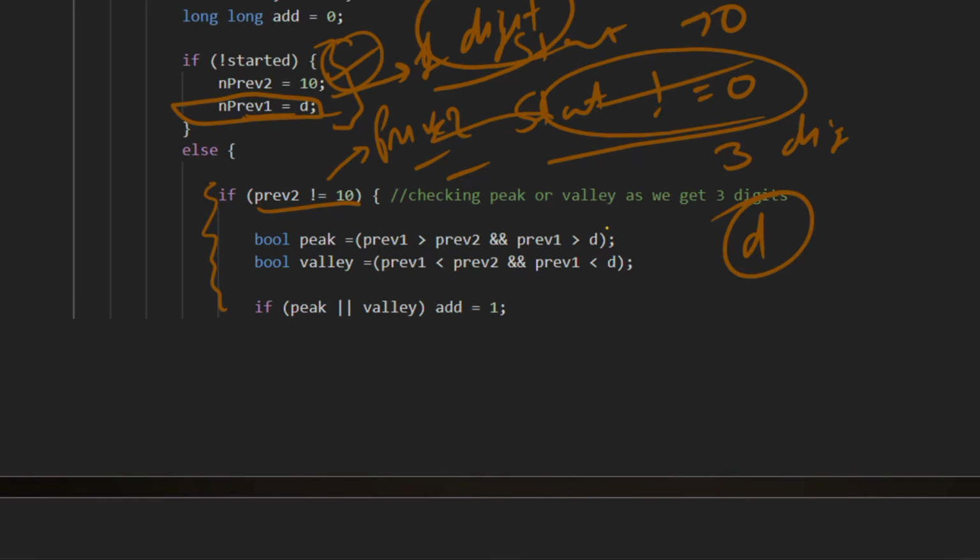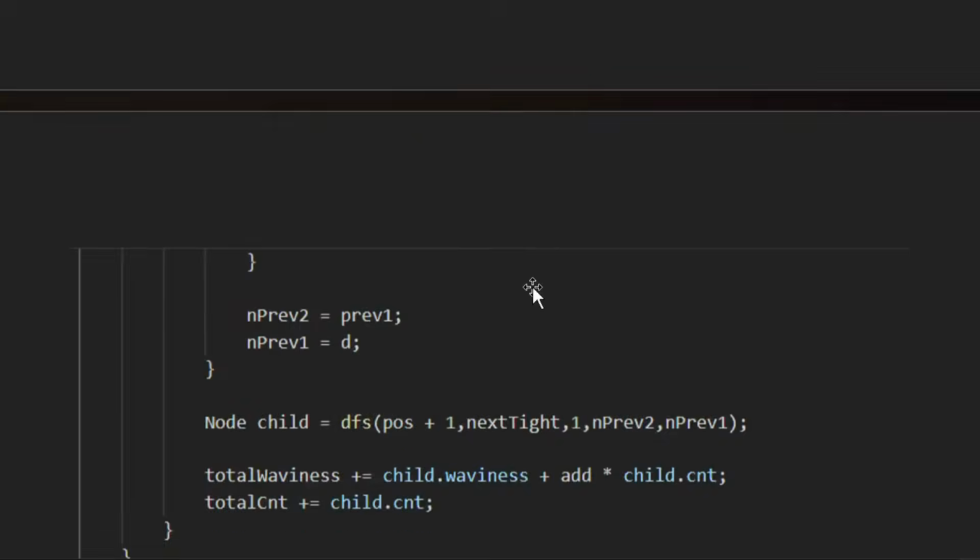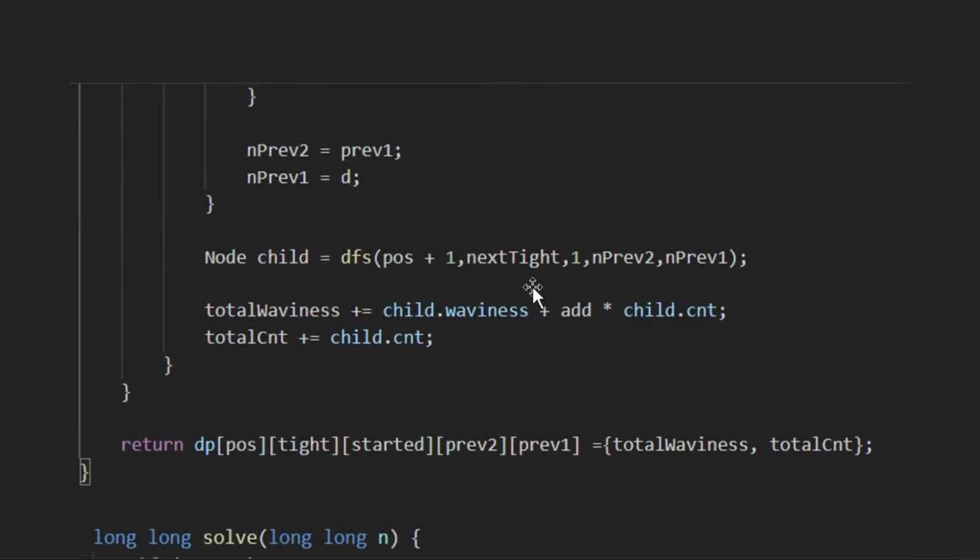So we first check peak or we check valley. If we get either a peak or valley, then we mark add is equal to 1, and then we update our previous 2 and previous 1, right? And after updating, we call child is equal to DFS of position plus 1, next started 1, next previous 2, and next previous 1.